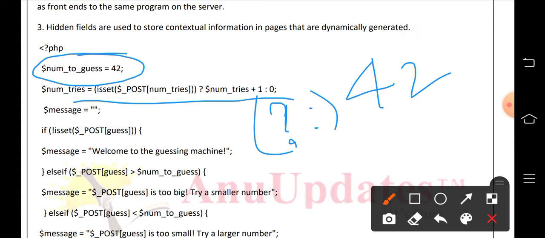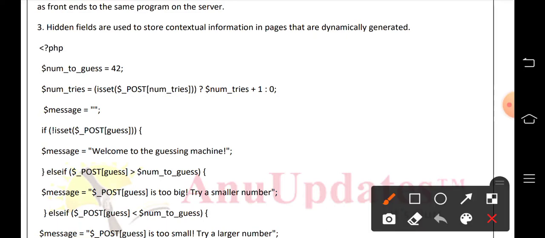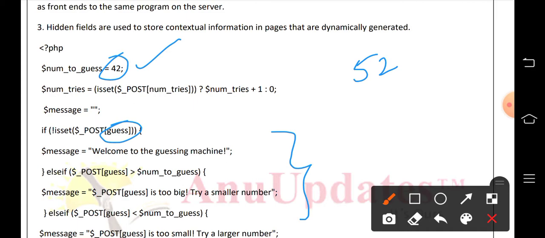Here we are writing number of tries. This we are going to display. If this is true, then it will increment by 1, otherwise it is represented as 0. Okay, leave everything. Here we have one variable, number to guess, 42. Suppose I am giving a number as 52. Initially it is storing 42, but through input I am giving it as 52.